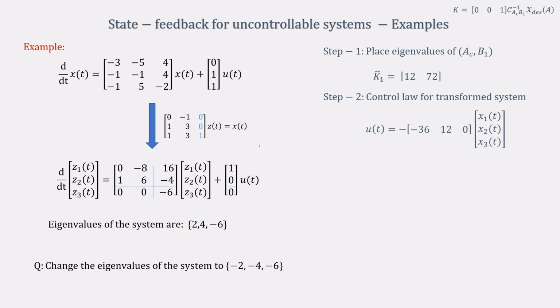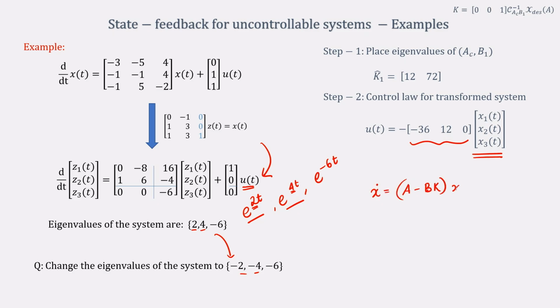Now if I would have found out the solution of this state equation, I would get terms like e to the power of 2t, e to the power of 4t and e to the power of minus 6t, right, because these are the eigenvalues of the system. Now these terms will blow up as t tending to infinity. So as a control engineer, my work would be to come up with a controller such that these eigenvalues get changed, and that is what I did in this example. In this example I changed 2 and 4 to minus 2 and minus 4. So when I use this control law u equal to minus kx, the new system that I got,